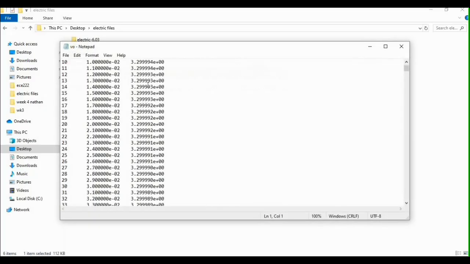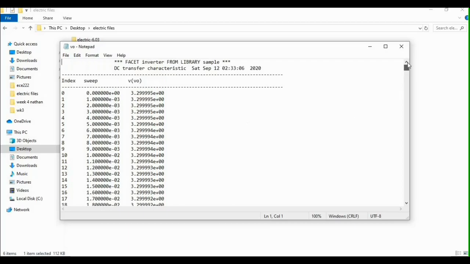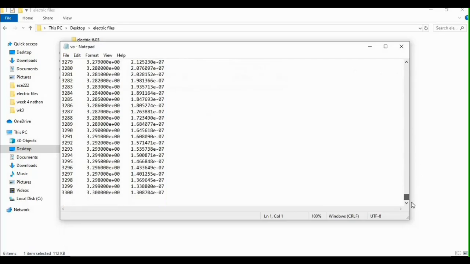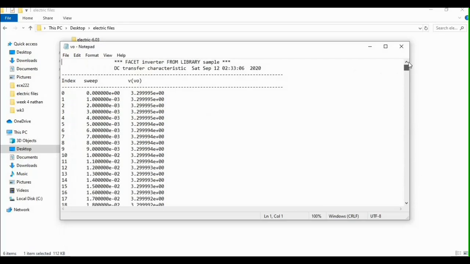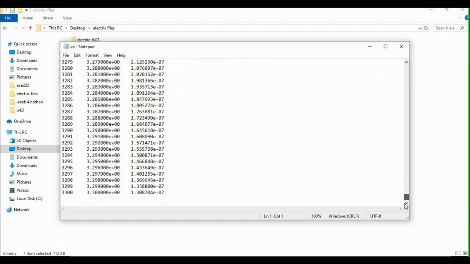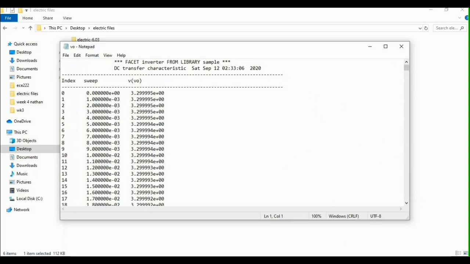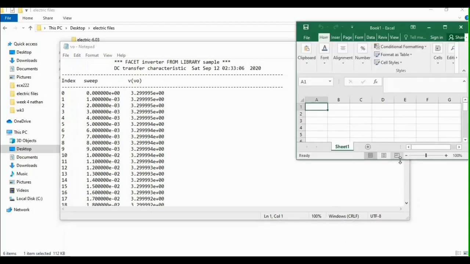So this is the output waveform points, which we sweep from 0 to 3 with an increment of 0.001. We now need the highest value as well as the lowest value. So that would be our VOH and VOL, highest output and the lowest output. Then let us save that in an Excel file.